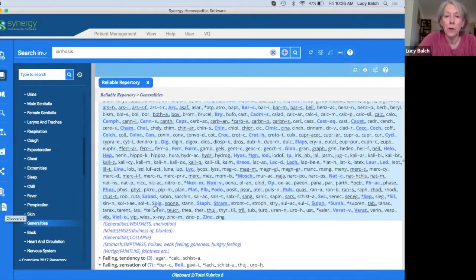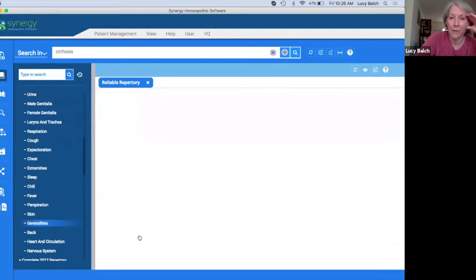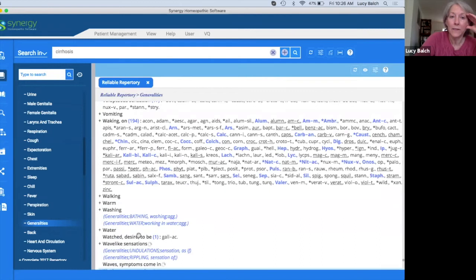I also just want to show you, when you have cross references turned on, which I currently do, let's say that you don't quite like the rubric that you found. You can go see here, for instance, generalities, weakness. You could go to weakness if the person is more weak than faint. Maybe they're both. You can choose both. You can look at some of the other choices. And the way I would get to this is simply click on this cross-reference. So I'm going to click on the cross-reference. And now I'm taken to